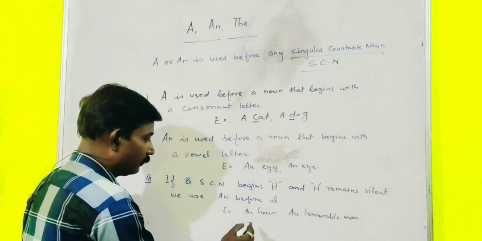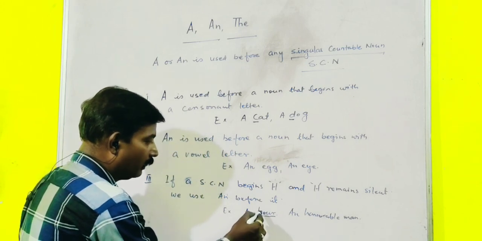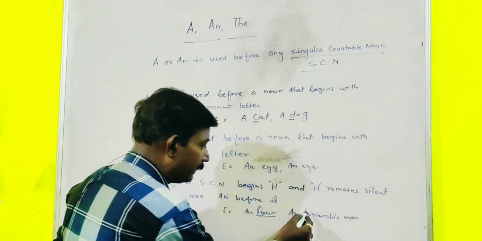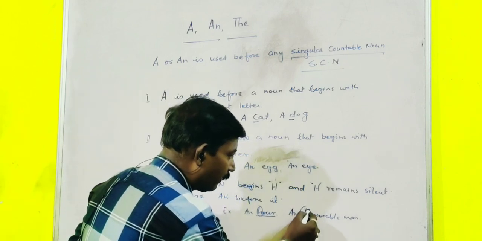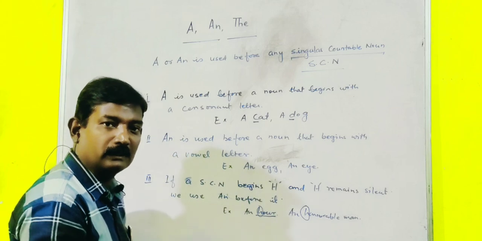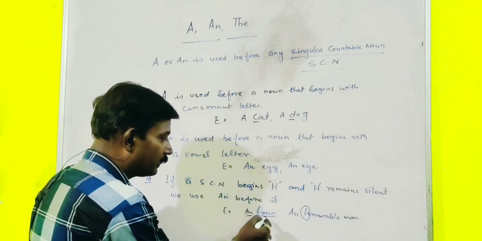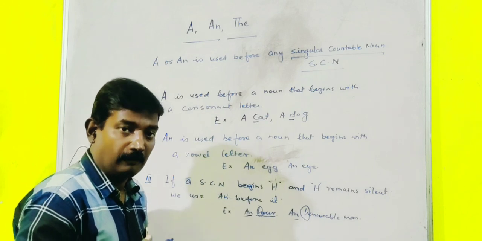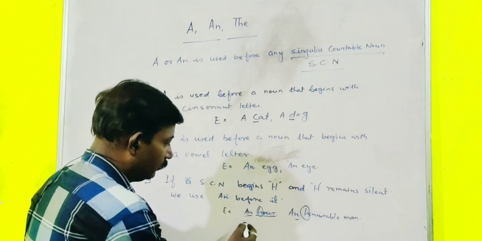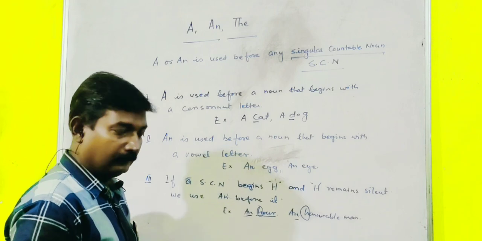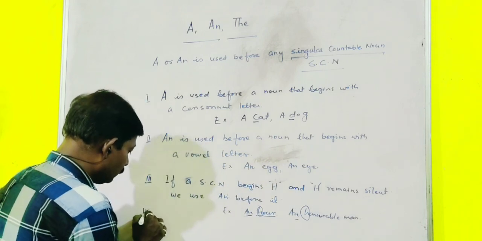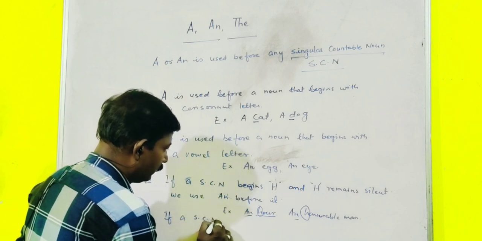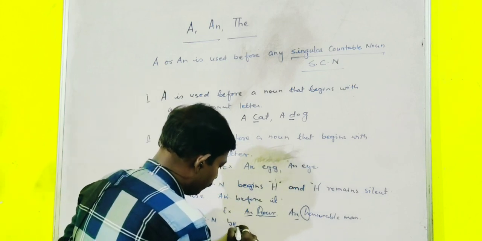Now look at this. When I say hour, I am not pronouncing this H. It is silent. When I am saying an honorable man, I am not pronouncing this H. So before these kinds of words, this kind of singular countable noun, if we have to use an article, we will use an. Clear? Now the fourth condition is, if a singular countable noun begins with